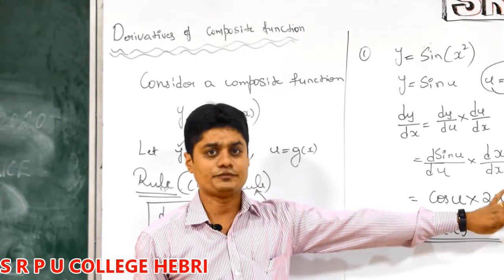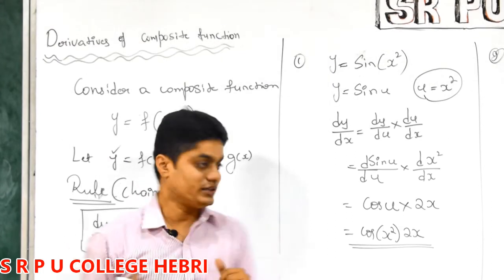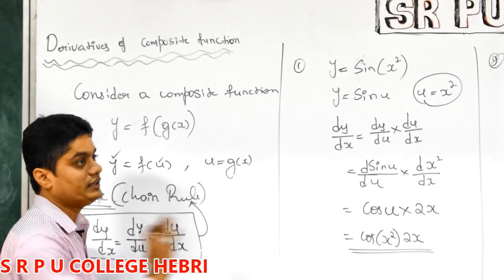Don't worry, we will discuss a few more problems here for this formula called chain rule, and this can be extended. Here you can see only a product of two functions. It can be extended to more than two also. That I will explain in the next video.